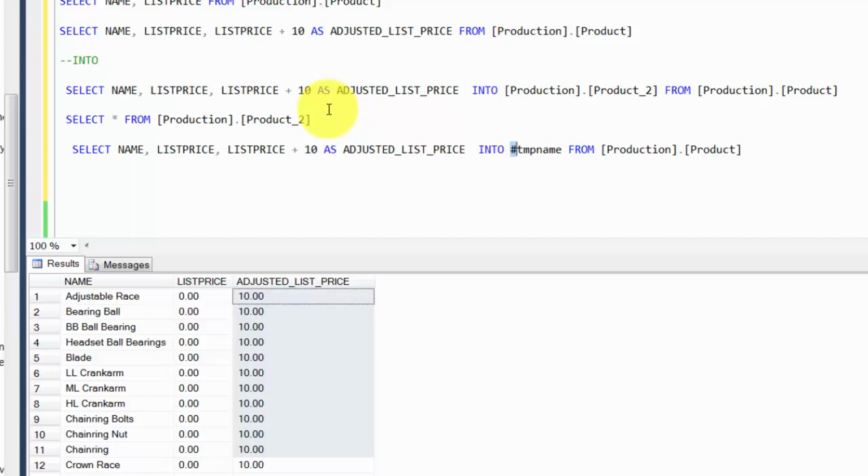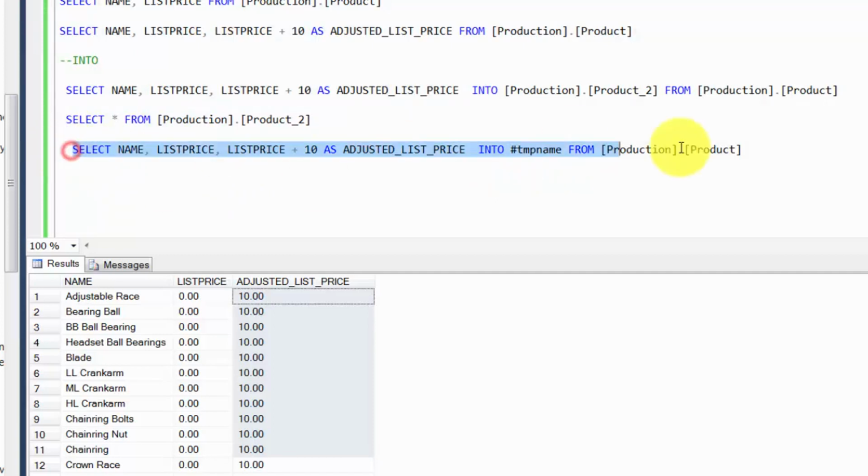This hash actually tells SQL Server that whatever table it's going to create should be a temporary table. Temporary table meaning this table is visible only for you. It's just a very rough table for you. As soon as you end this session, meaning if you just close this window or open a new connection, this table will just vanish, right? You'll not have access to this table. So if you have some complex logic where you just want to push some results to a temporary table, work with the temporary table, and then finally dispose of the table, that's one of the places where temp tables can really be useful.